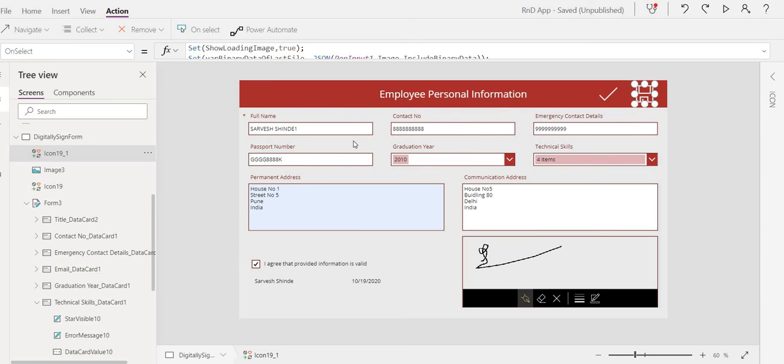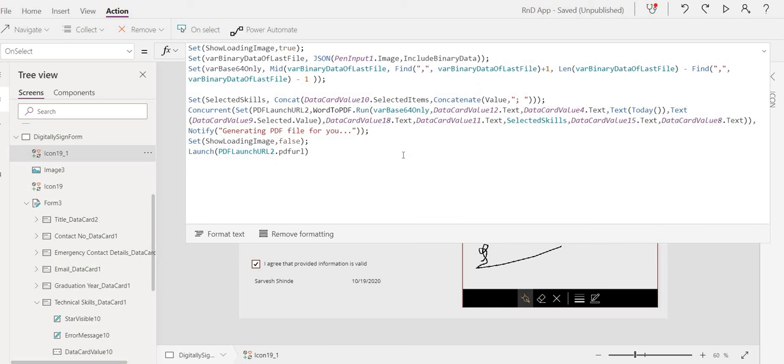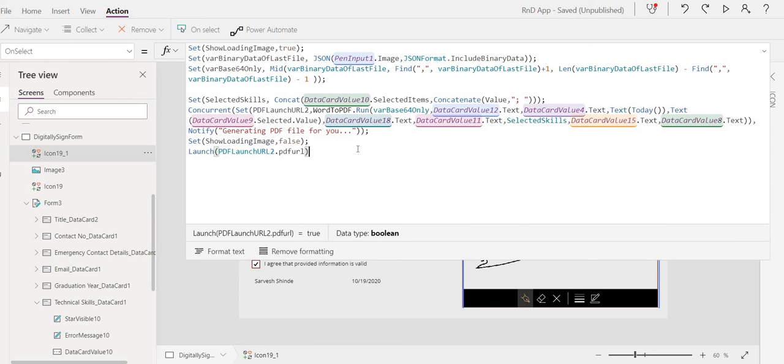All this you need to send as separate parameters, or the option could be to use a submit form function. So this data will get saved to the list, and in the flow you can use get item details using ID, and get this data and use it in the flow. Here I've just passed it from Power Apps itself.